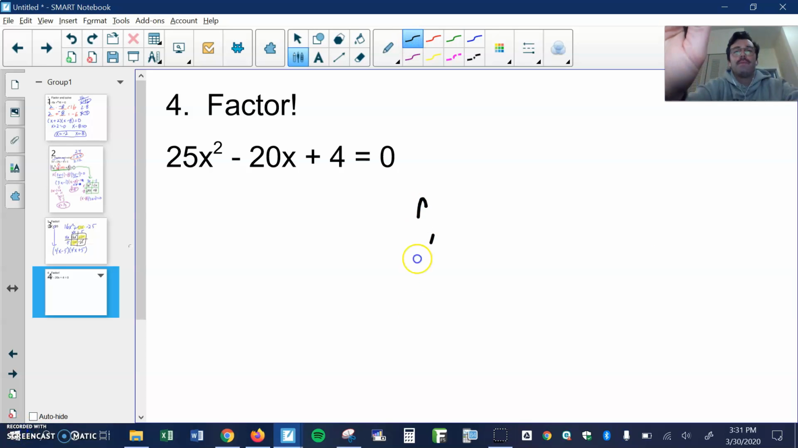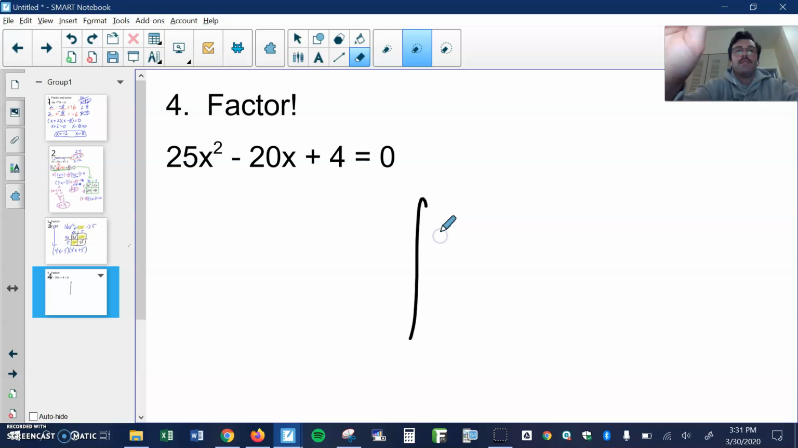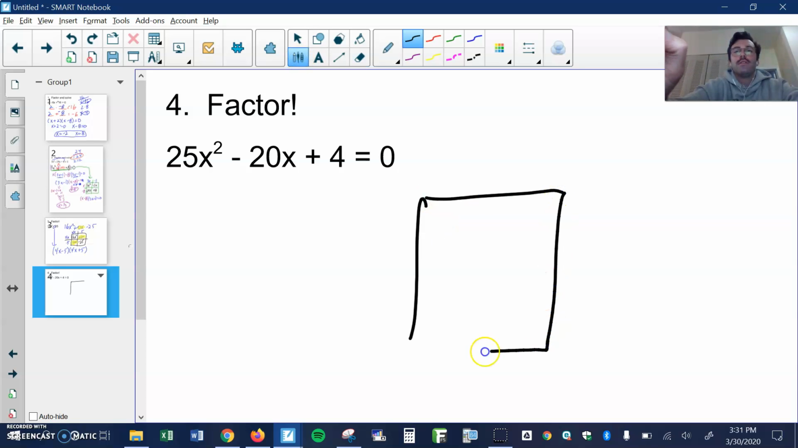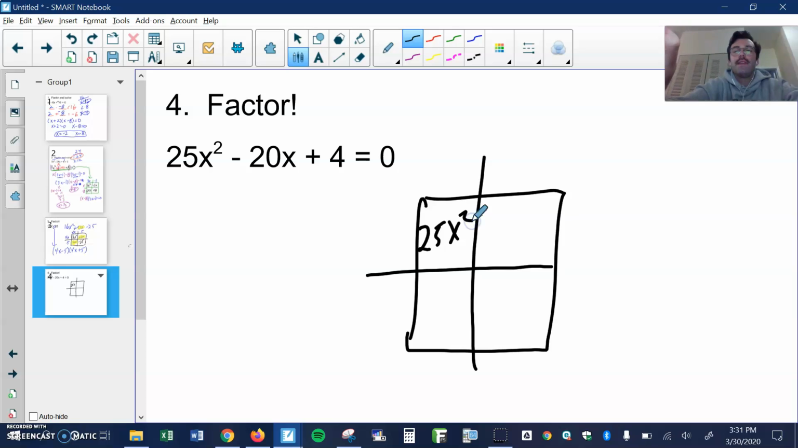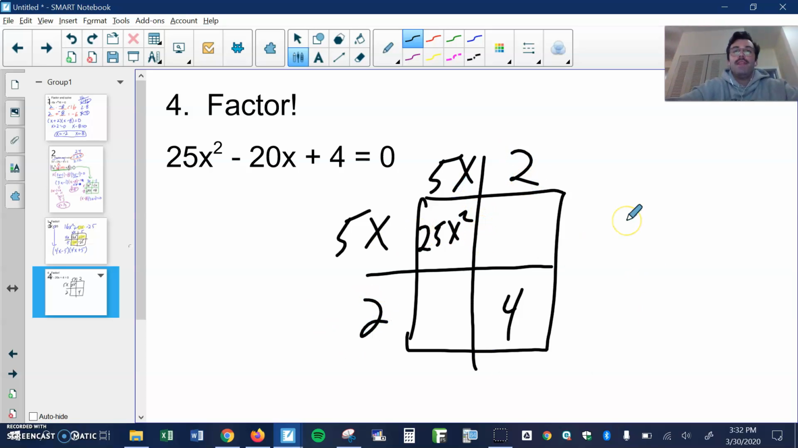If I think about this in the box method here, I know that I have 25x squared and a 4. I see that 25 is a perfect square and 4 is a perfect square. If 25 is a perfect square, I get 5x and 5x, and I have 2 and 2. If I multiply here, I get 10x and 10x, but I want their sum